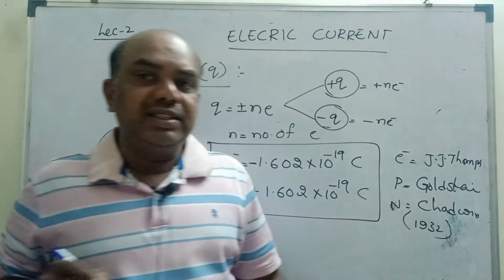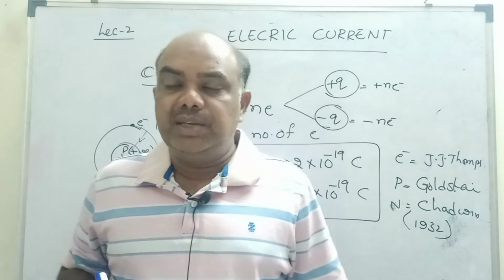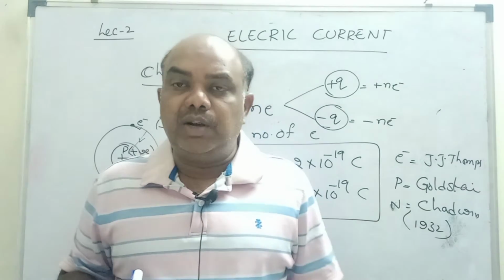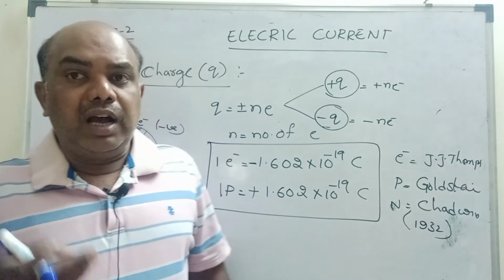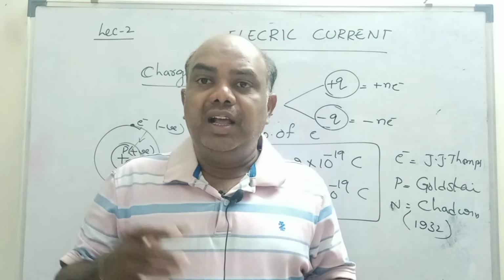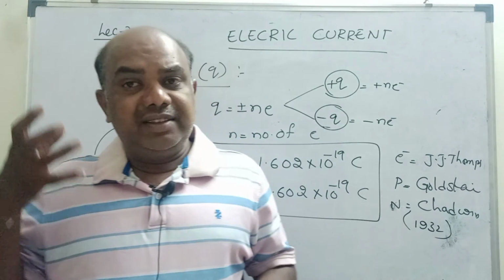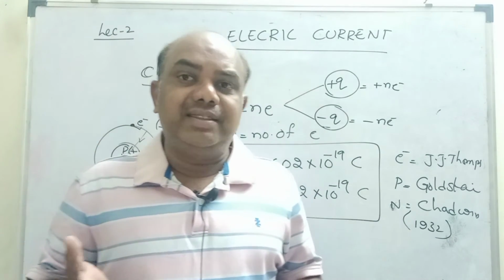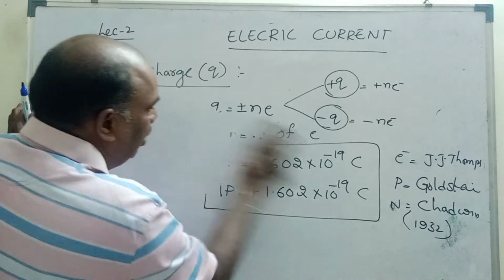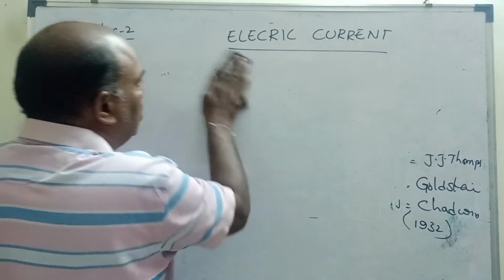Till then only electrons and protons were known in the 19th century. In the 20th century neutron was discovered by James Chadwick, nearly 60 years later. Till then no one knew what atomic mass is. Atomic mass is always double the proton mass, because there is something more. Why? Because neutron has no charge, hence the discovery was very late. What is the unit of charge? Charge unit is Coulomb. Remember children, charge unit is Coulomb.